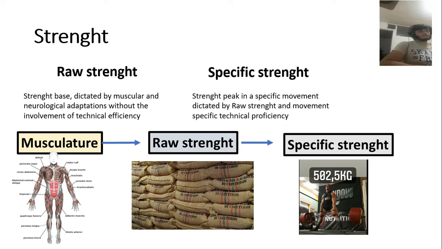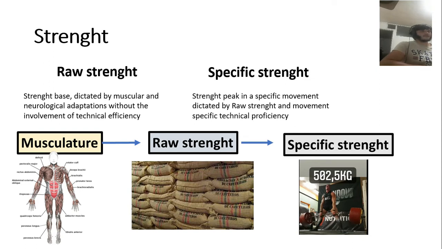The specific strength is basically the strength peak in a specific movement, dictated by raw strength and movement-specific technical proficiency. Let me put this into a context. Say you are taken to a coffee factory and you are asked to move a bunch of coffee bags. If you have never done that before, you're probably just going to try to manhandle the bags. Basically, you're not really going to go for the quote unquote most optimal way to move those bags. You're just going to pick something up, move it around, and take it to wherever you have to take it